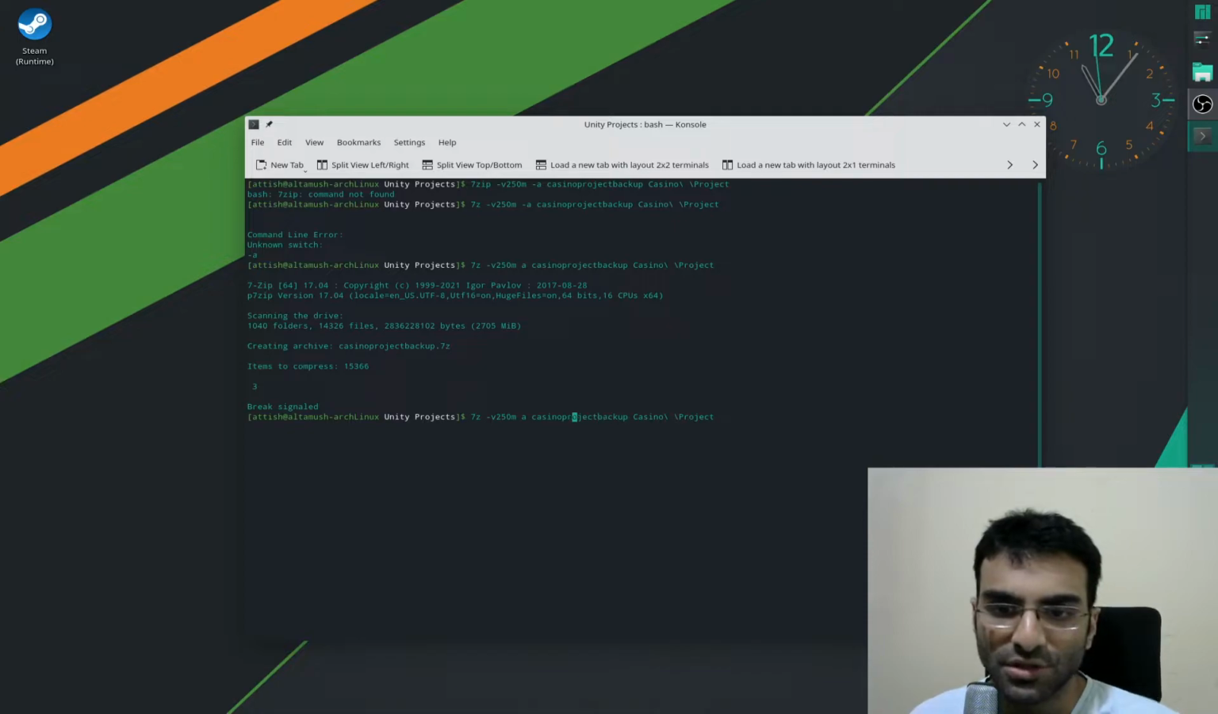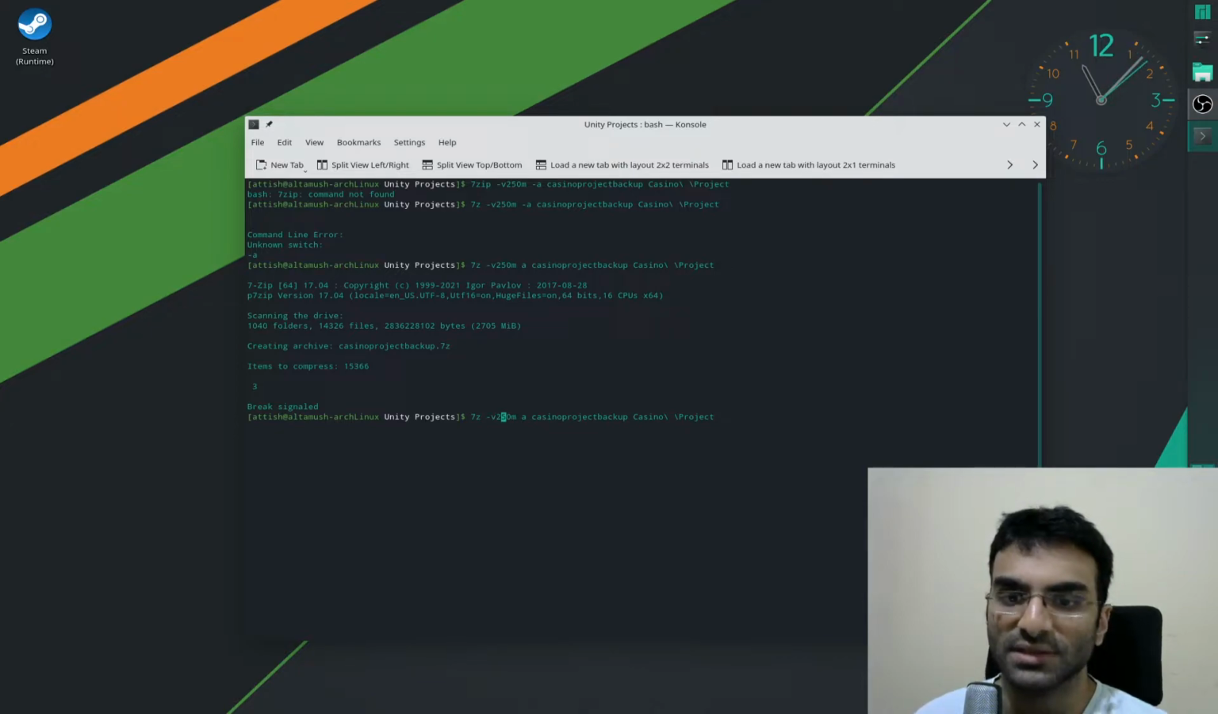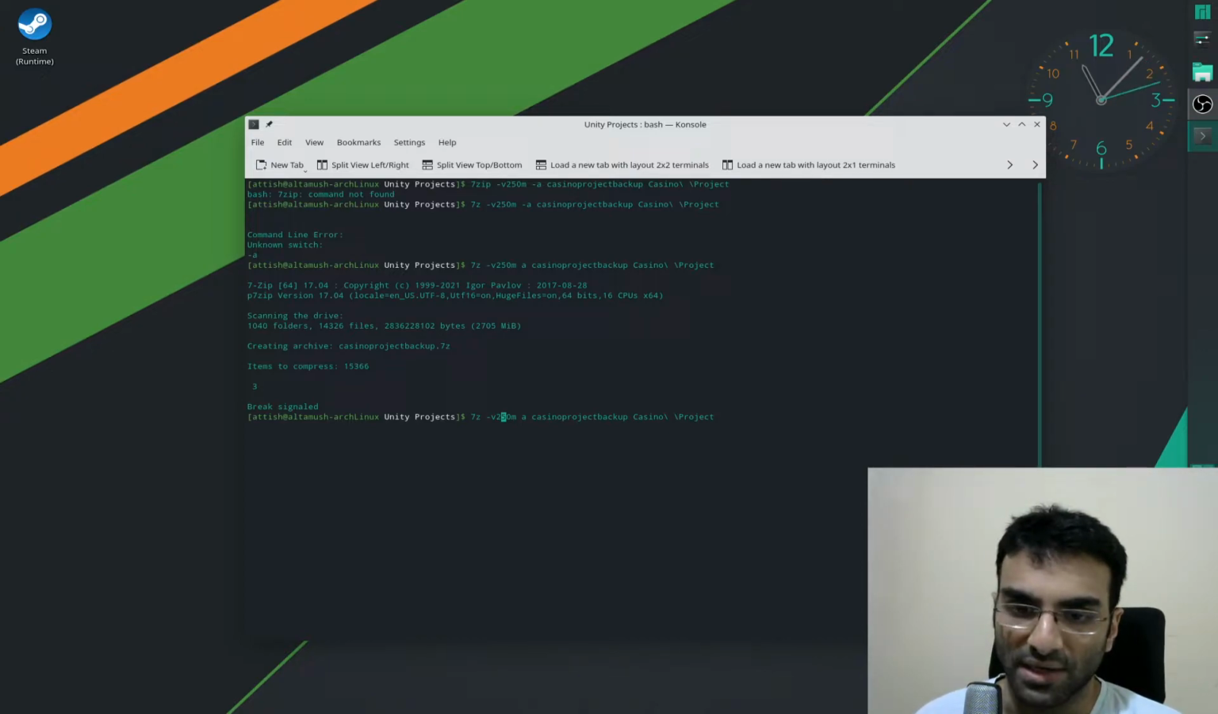Pay attention to -v250m. This right here, pay attention to this. You can put whatever value you want. I'm going to split it into 250 megabytes, and this is the name of the archive that you want to